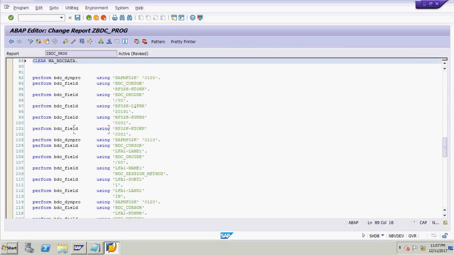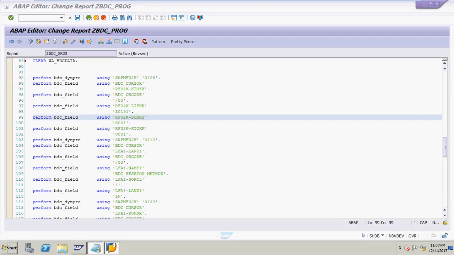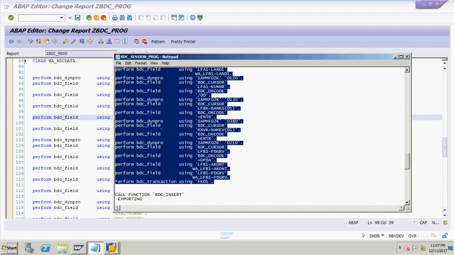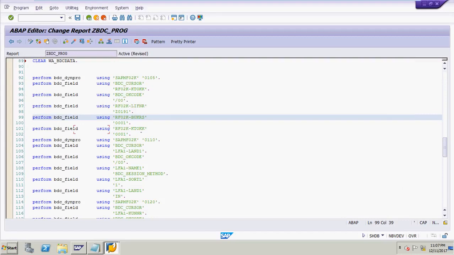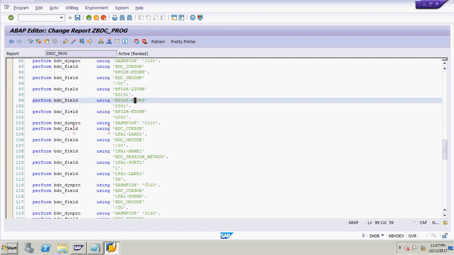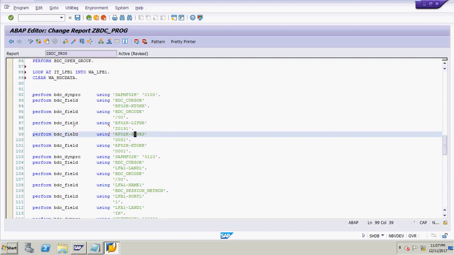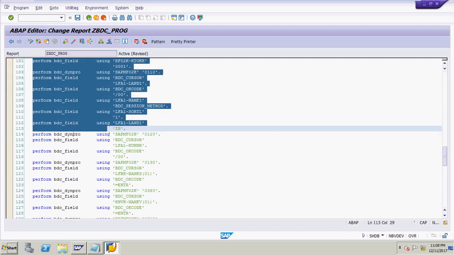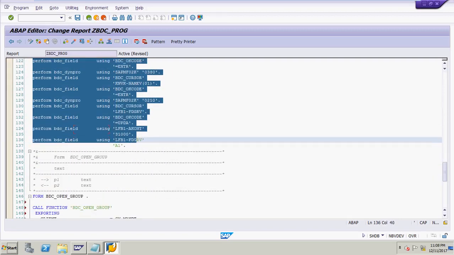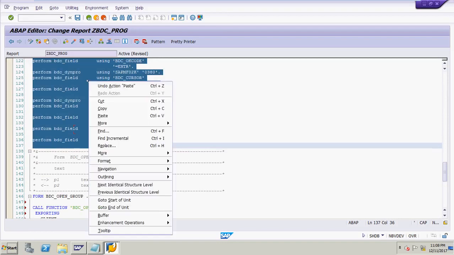Here you will see I have mentioned LIFNR, LIFNR, BUKRS. You have to change the value. You have to put the work area of BDC data here. So I have copied this thing. You will see, I will show you: KTOKK, land 1, name 1, SORTL, land 1. Just copy this thing, it will reduce time, and paste.